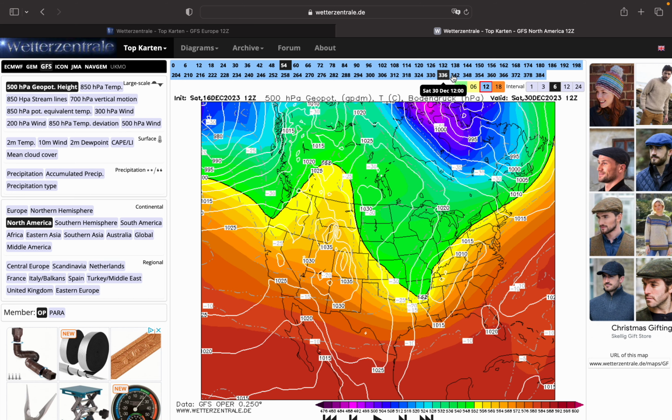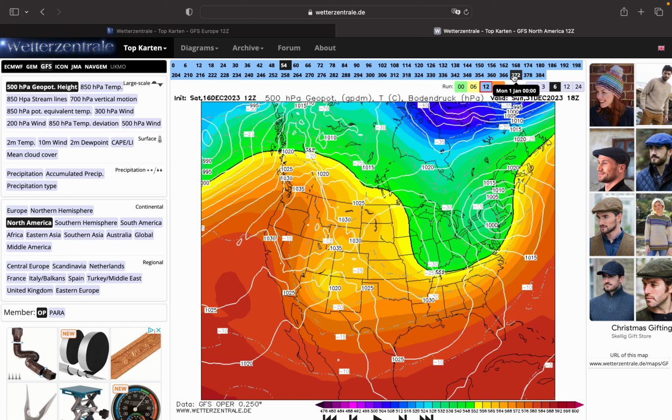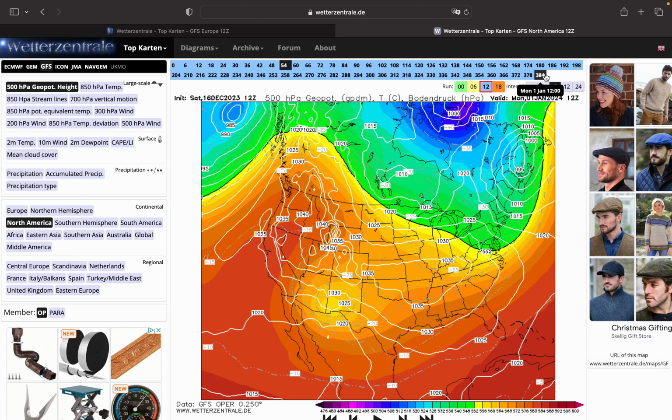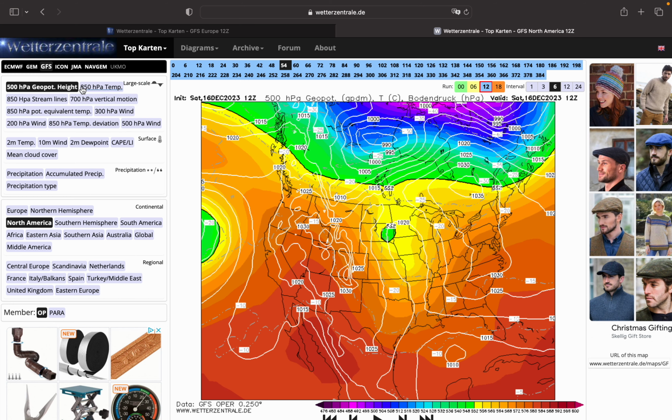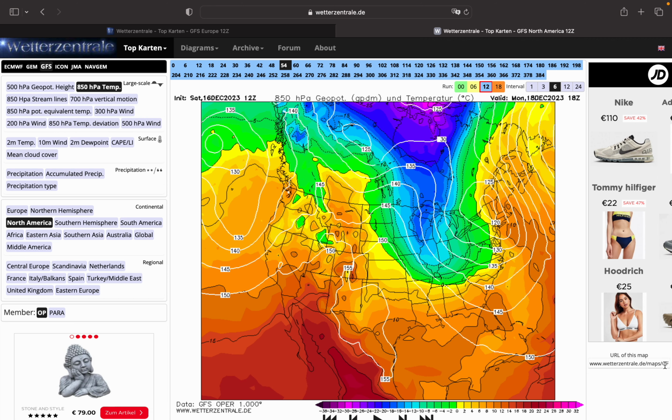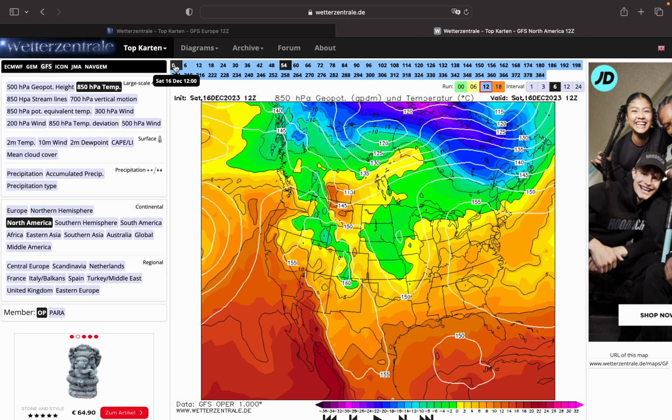Could it be that? A large ridge takes place over western states on New Year's Day, and that calms things down widely. Intense ridge, that is. Cold air trying to come into the Midwest and Northeast, but generally it's cold by night and mild by day on New Year's Day on this GFS run. So the upper temperatures with this,